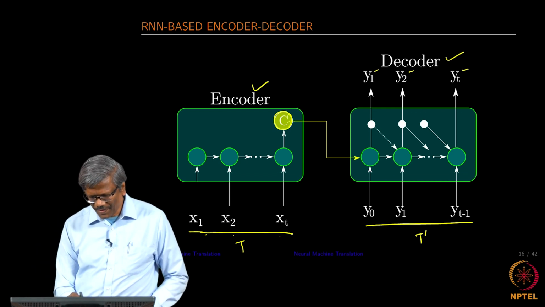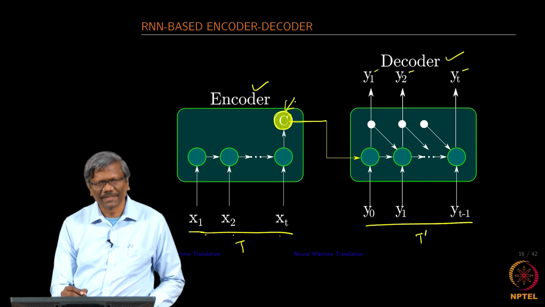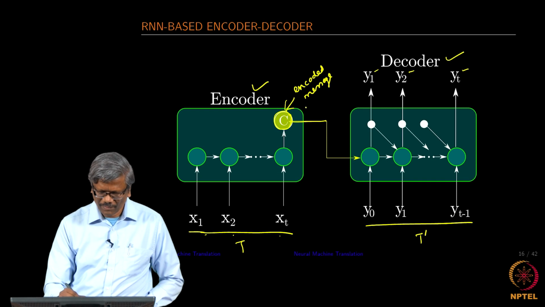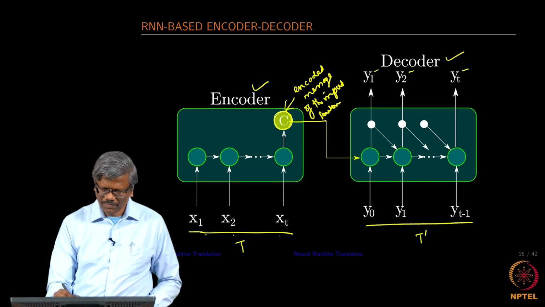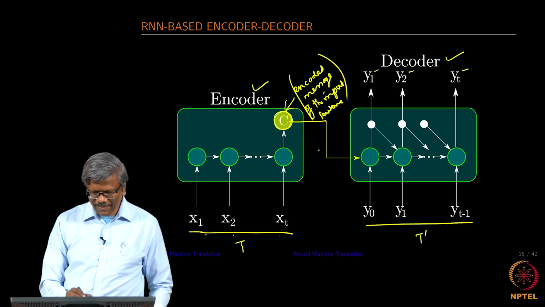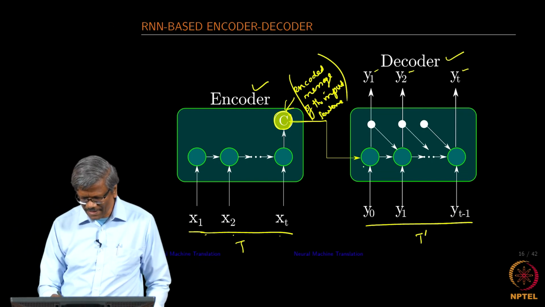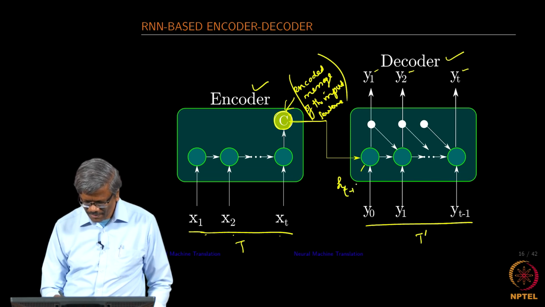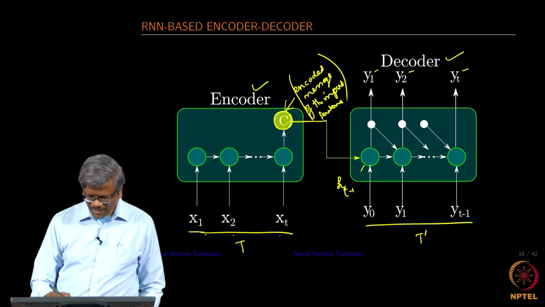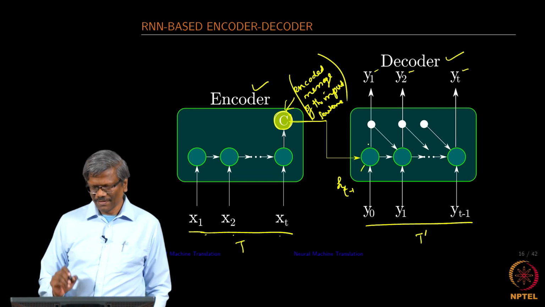So, we are going to be feeding that. This is nothing but the encoded message, like we can call it. This is the encoded message of the input sentence. It contains some numbers. We are going to be using that as an input as well. So, in this case again there is an h_t minus 1 that comes in, and then there is a context vector that is coming in, and then there is an input that is coming in into the decoder.